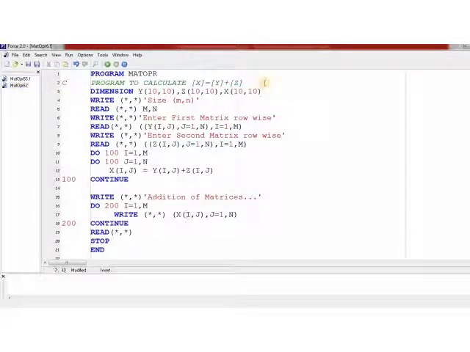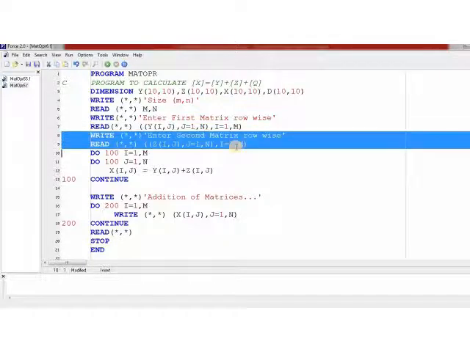Let us say I want to perform this operation here. Then in that case, like in the previous case, I will have to add a matrix D here of size 10, 10. I'll have to add a statement to read matrix.